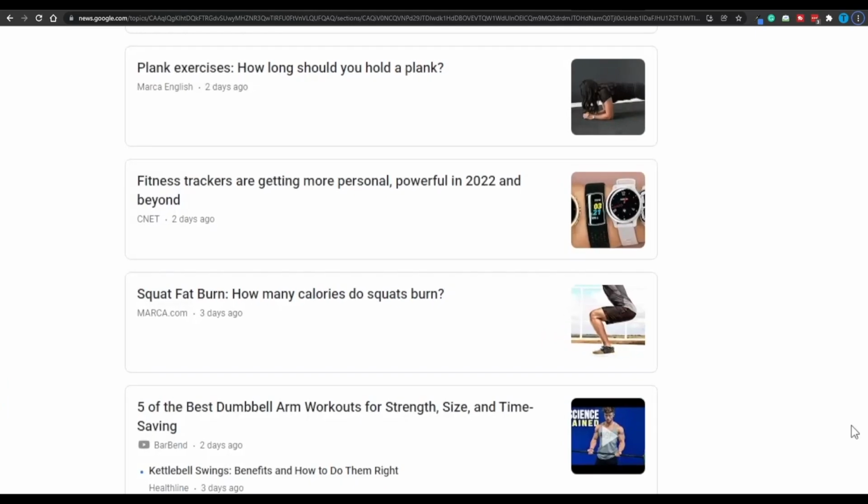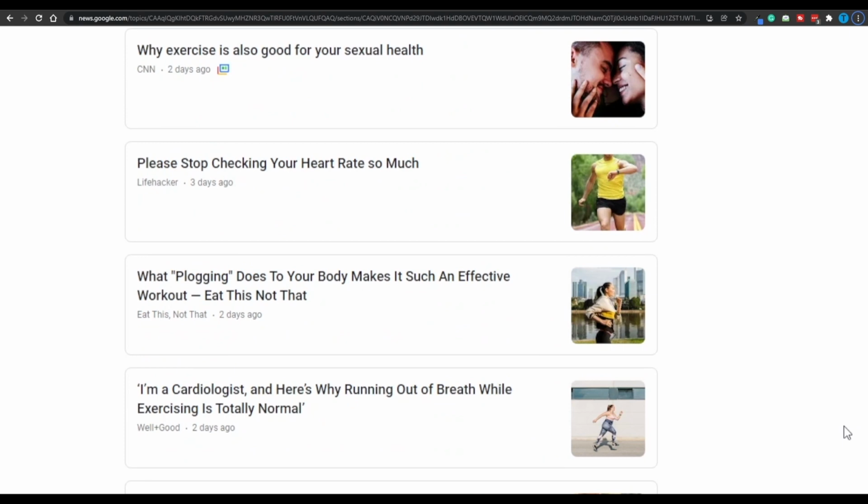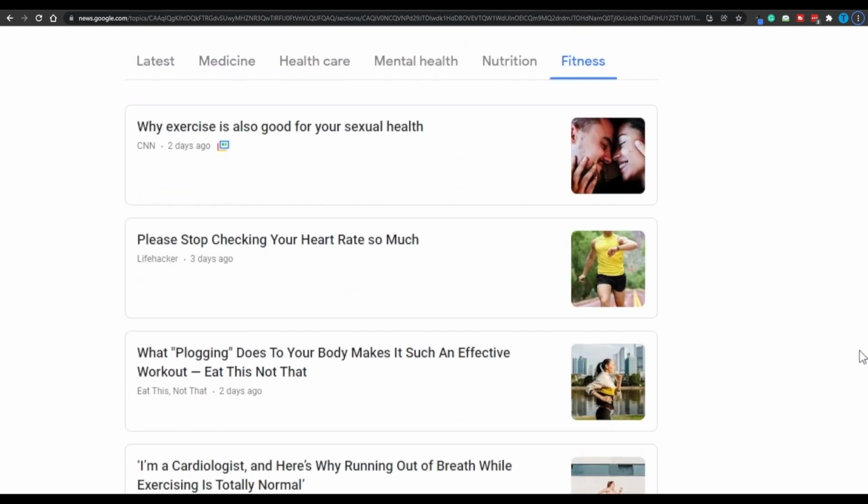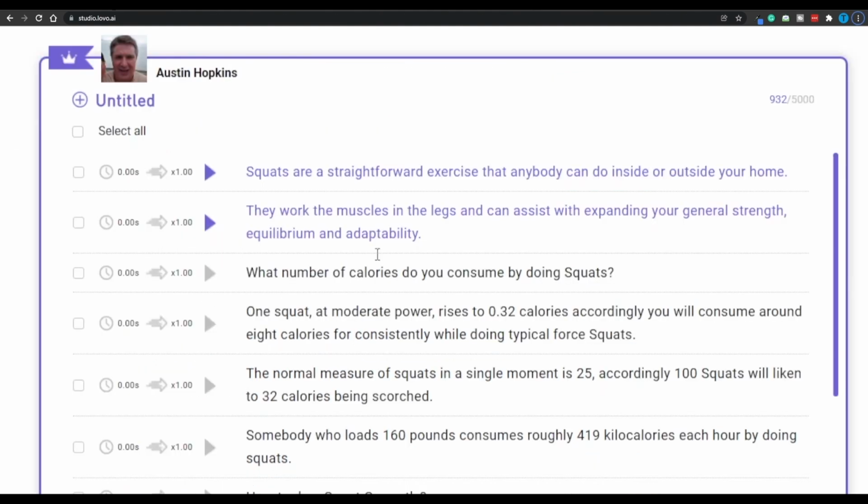And here's what I really love about today's method. You're always going to find hundreds of different unique articles on Google News that you can start using. As long as you are willing to put in the work and spend the time that is required, you can create new content and post it on YouTube. And it is all a numbers game. The more videos you post, the more views you make, and so the more money you're generating. And this is passive income after a certain point. You only need to have a few elements in place, and once that is out of the way, this is going to work autonomously.